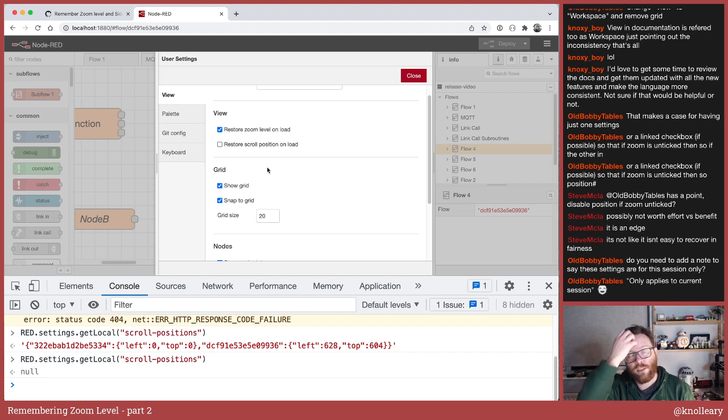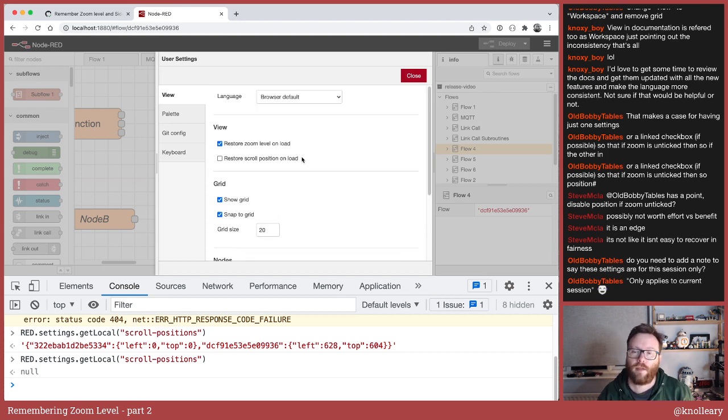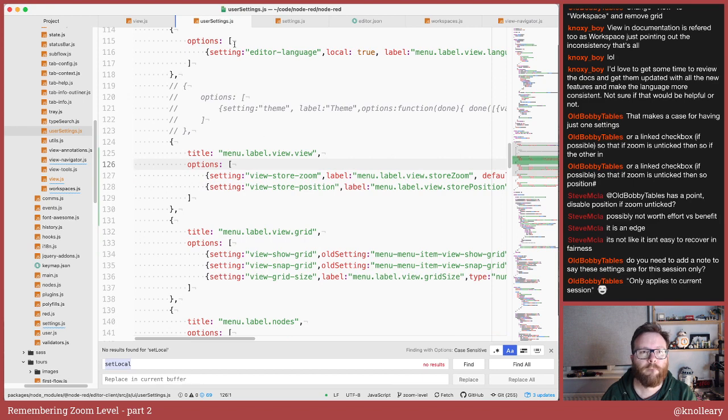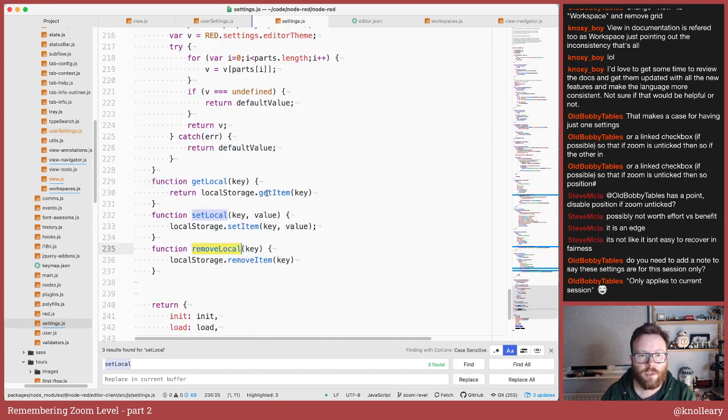They get stored in local storage, which means it's only in this browser. If I open it up in another browser and log in, those things won't get restored. Now, obviously, one option is to be storing these values in your runtime settings and not in local storage. That is a perfectly valid change. It's a relatively innocuous change, he says.